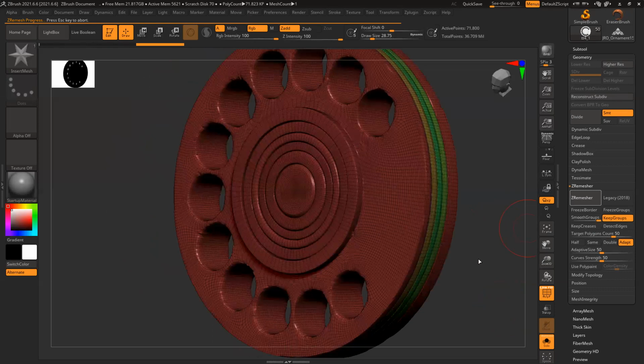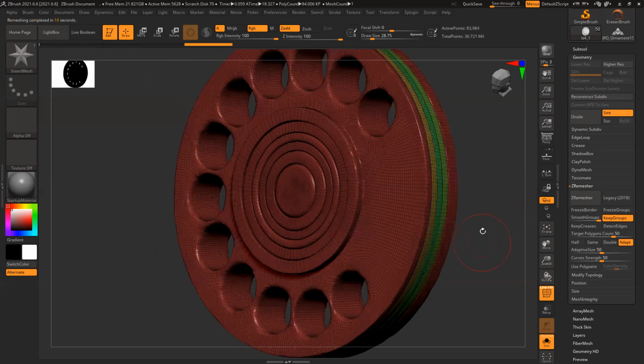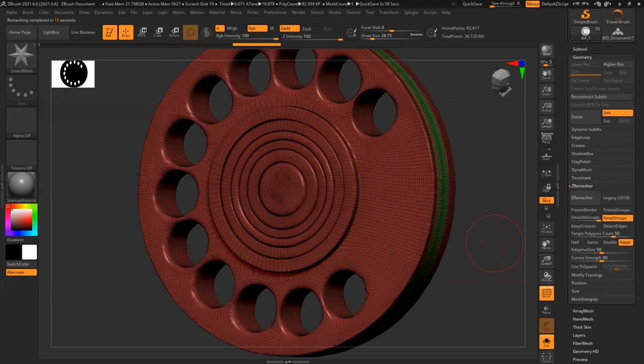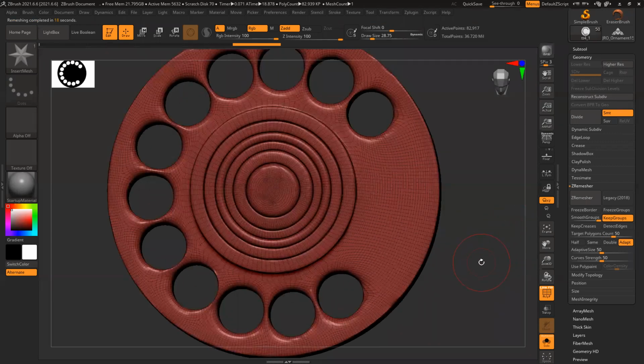If the topology is all messed up, I have duplicated the model, so I already have this shape preserved. So I'll just project back. It's created something, but you can see it's a little messy. All the circles become a little soft.